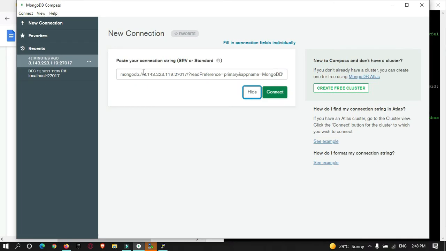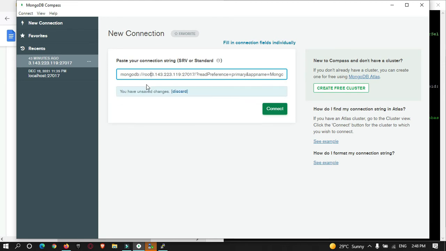Over here you need to give your authentication key. So root, and our password is root1234, then @ and the IP address of your system and the MongoDB port.